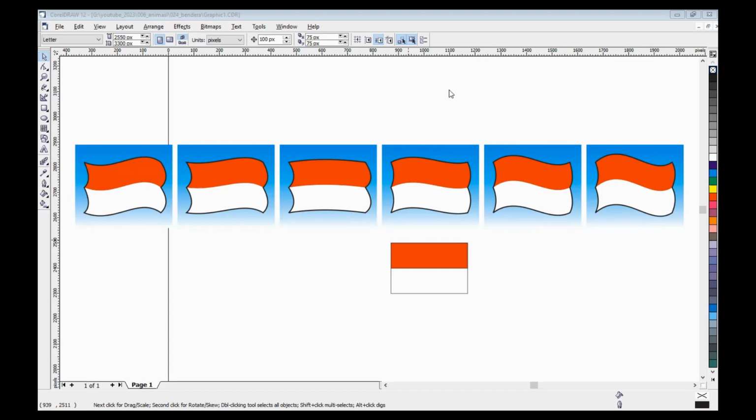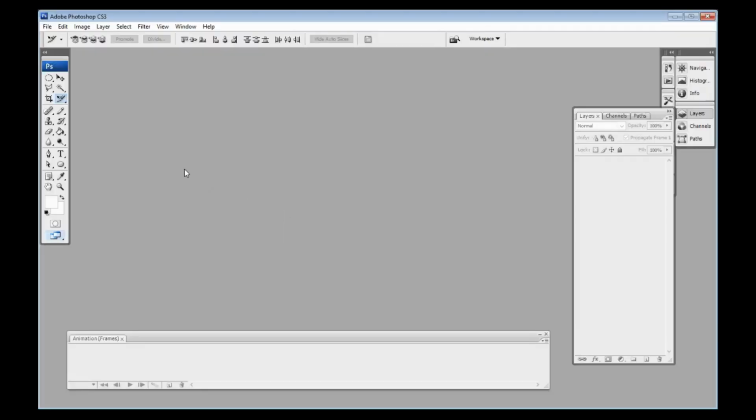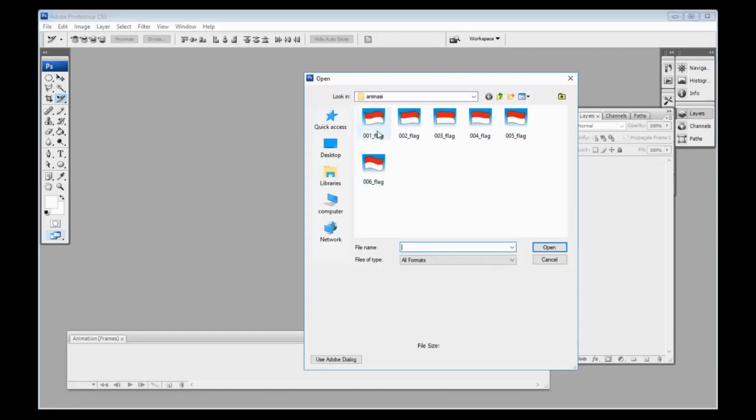Okay, I will stop first. I will share the Photoshop. I use Photoshop Portable CS3. Okay, I will try to open. We have ready number 1, 2, 3, 4, 5, and 6.